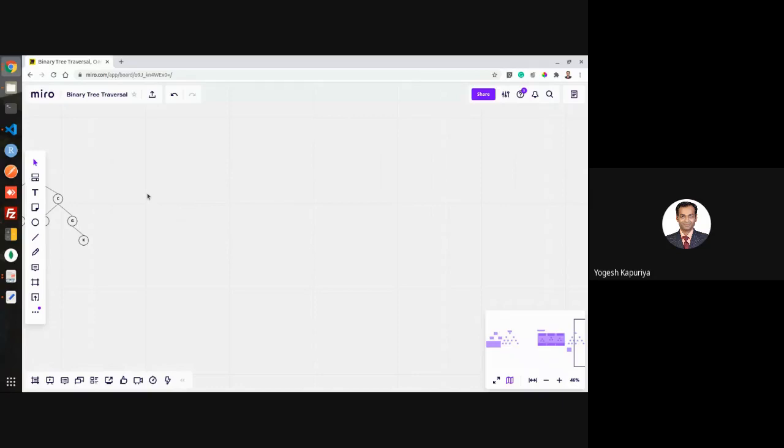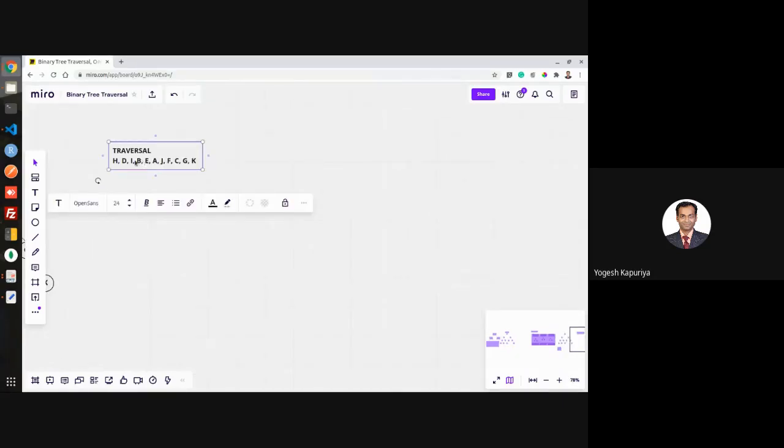What is being given is the in-order traversal: 3, 4, 5, 6, 7, 9, 7.